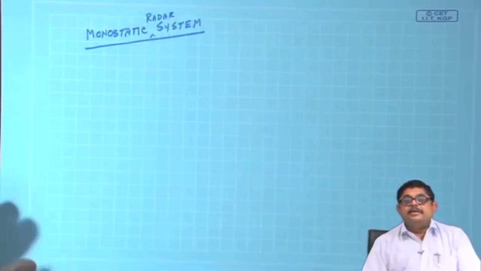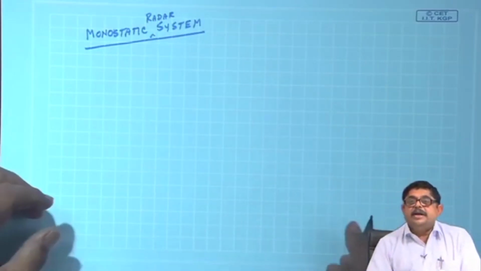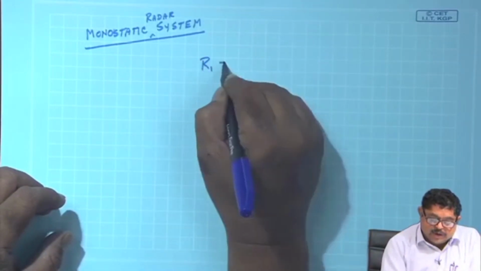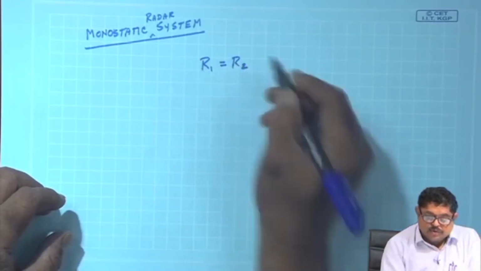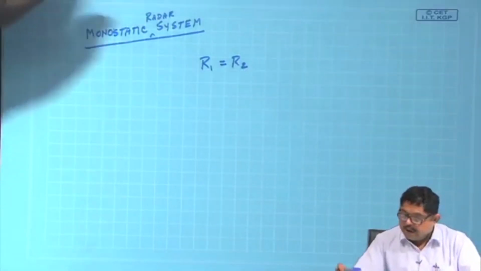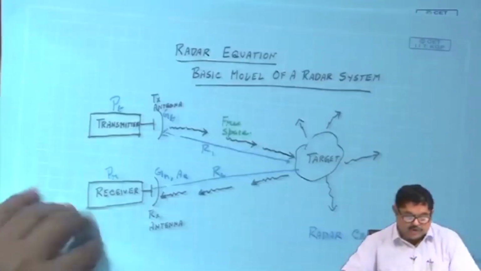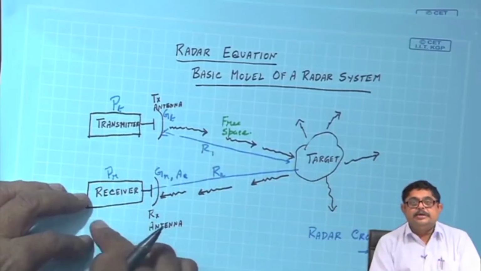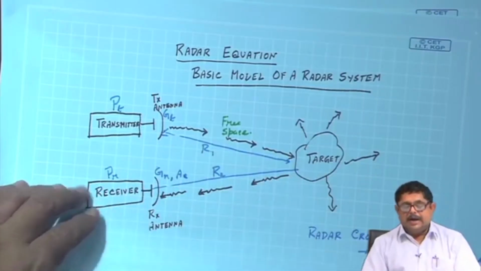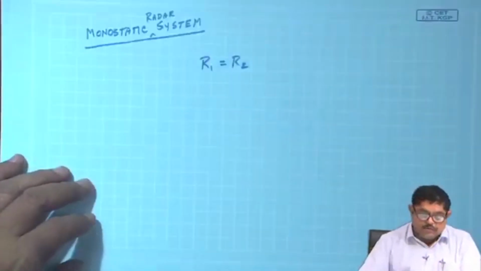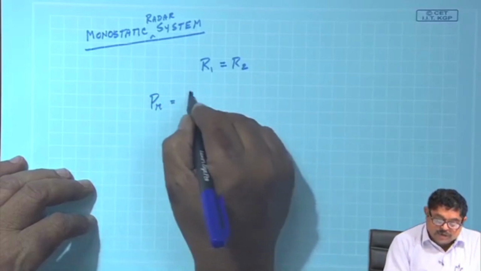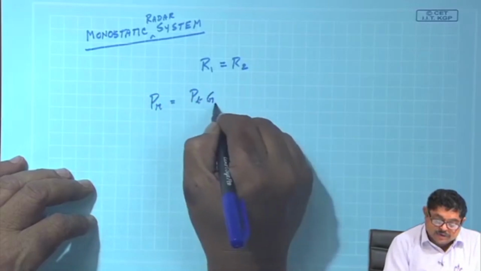That means that receiver and transmitter are co-located. If receiver and transmitter are co-located, then R1 and R2, what was R1 and R2? R1 is the distance of the target from the transmitter, R2 is the distance of the receiver from the target. So, they become equal. If you do that, the radar equation becomes PT, GT,